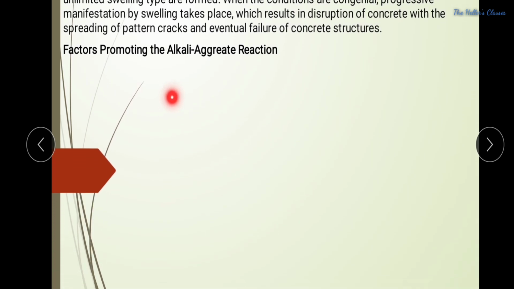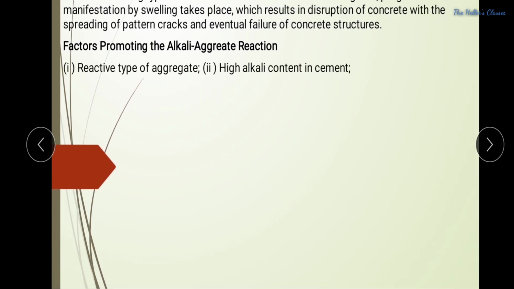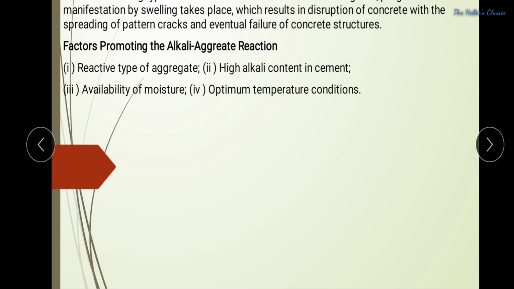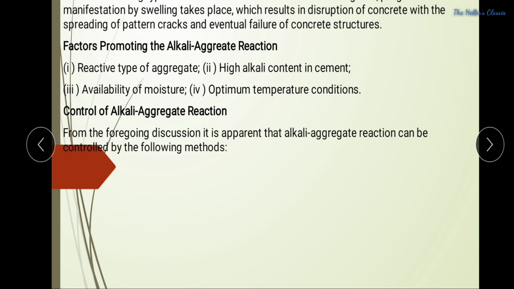Coming to the factors which promote the alkali aggregate reaction: a reactive type of aggregate, high alkali content in cement, availability of moisture, as well as optimum moisture conditions. Based upon these factors, the alkali aggregate reaction will be somewhat more. And if I want to control that alkali aggregate reaction, then I have to select a non-reactive aggregate, or